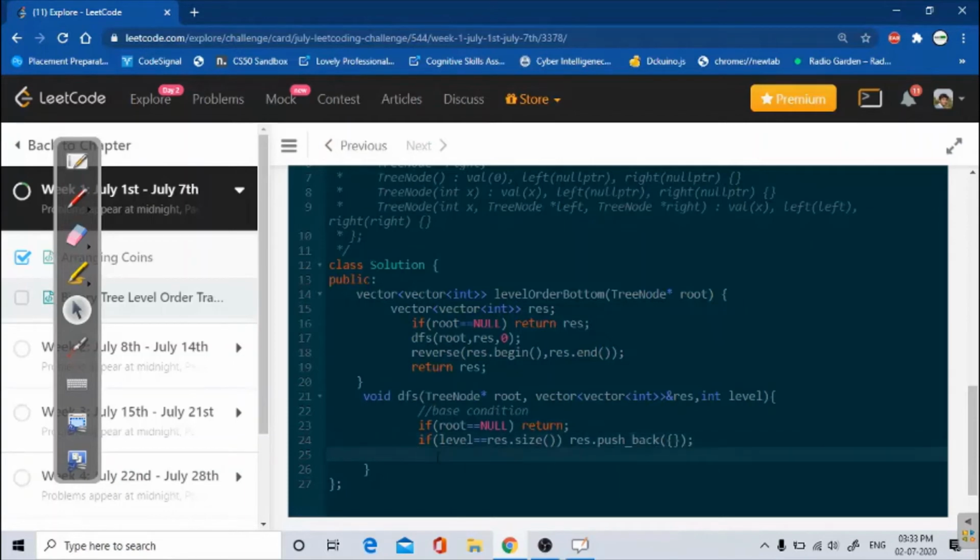After that I will just access result at level and push back the root value here, and after that I will call DFS on root left with my result vector, and now my level will be increased by 1, and in the same way I'll do it for root right.